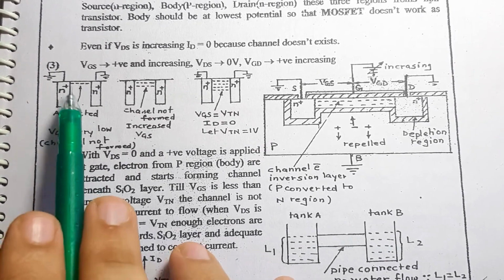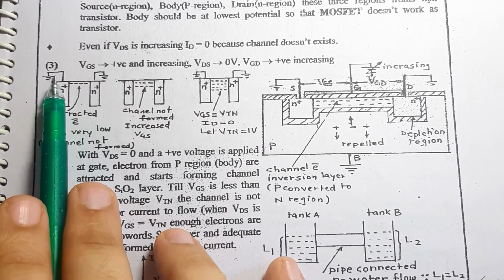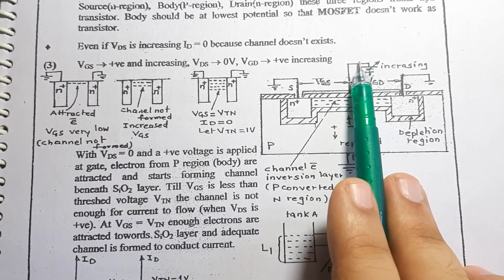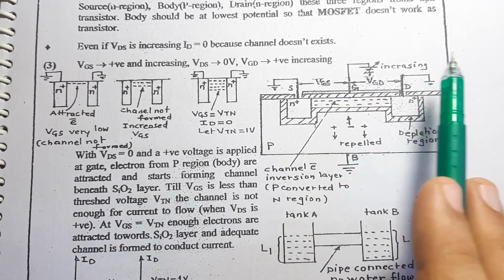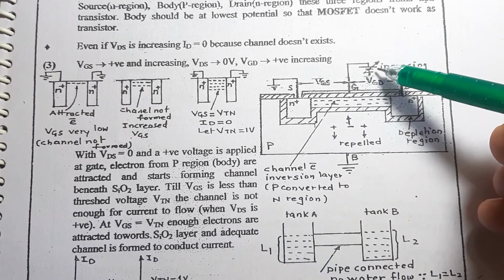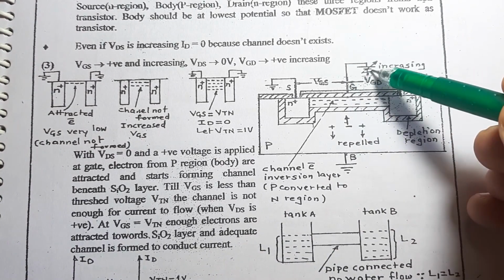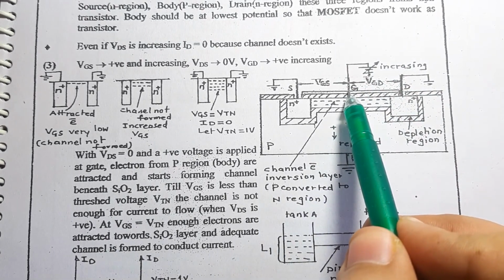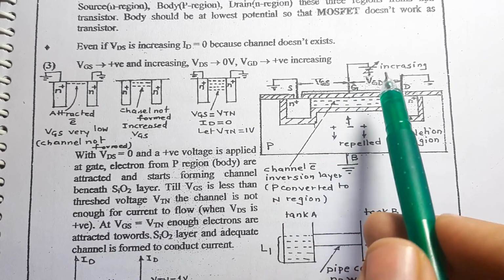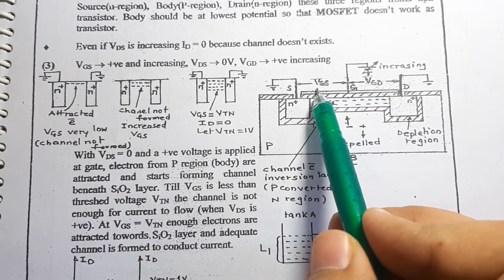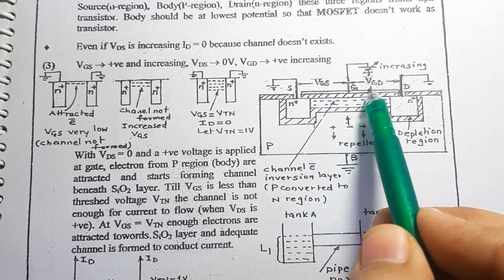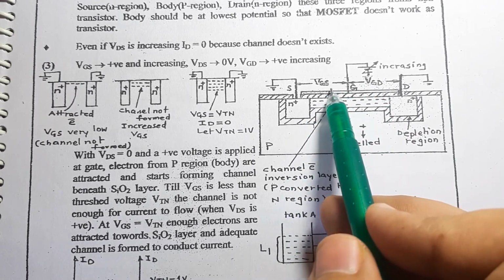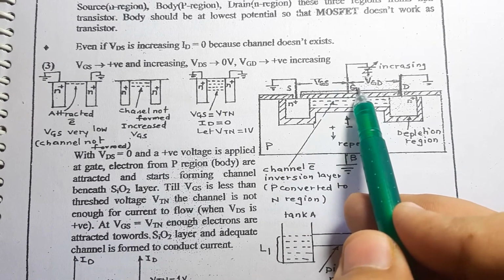These are the two types of channel over here. If you look carefully, this terminal is being grounded, this terminal is being grounded, and only the middle terminal is being applied some positive source. If that is the case, then this positive polarity will appear at the metal terminal over here. In other words, the metal surface will have a positive polarity.